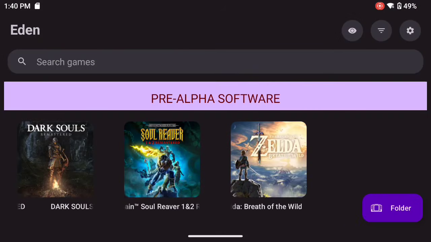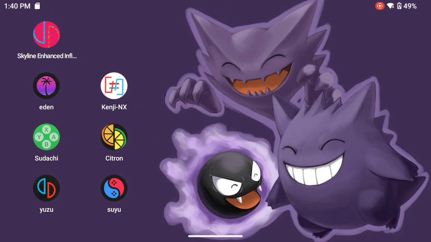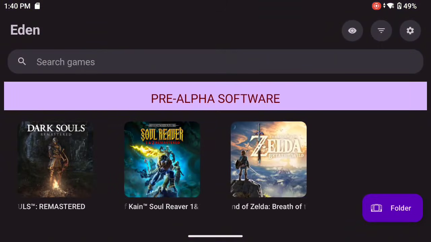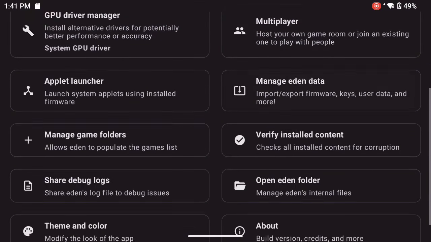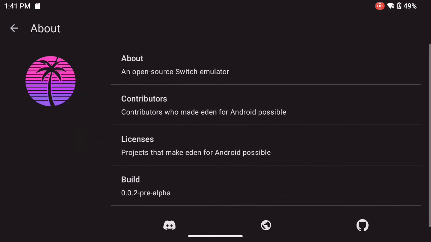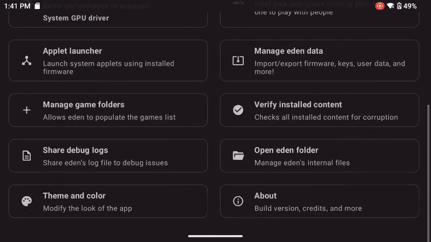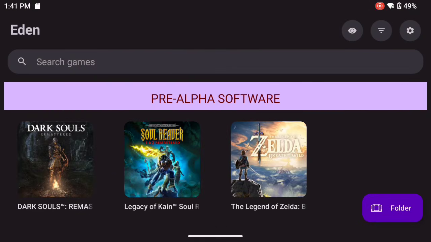So this is going to be a guide as to how to improve performance, and we'll be testing different types of performance improvements, mods, and updates for Breath of the Wild on Eden Emulator. Eden is an emulator that's in a development phase, 0.0.2 pre-alpha. That is the build that I'm running, and we're using a legal backup of Legend of Zelda